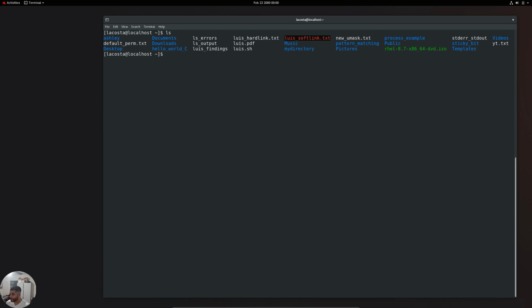So if we look at what I have in my home directory, the example that I want you guys to focus on is this directory over here called process example. So if I were to go inside process example, let's take a look at what we have. Here is a C code that I wrote for you, and it's very, very simple. It's a while loop. So let's take a look at what's inside of this C program. And so if I were to open up Vim,